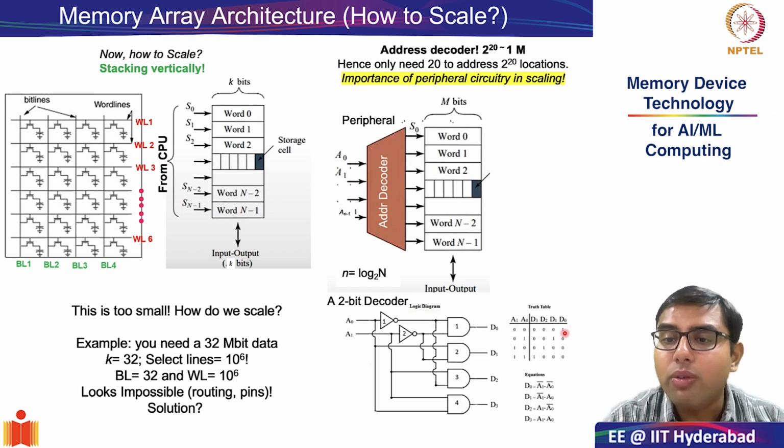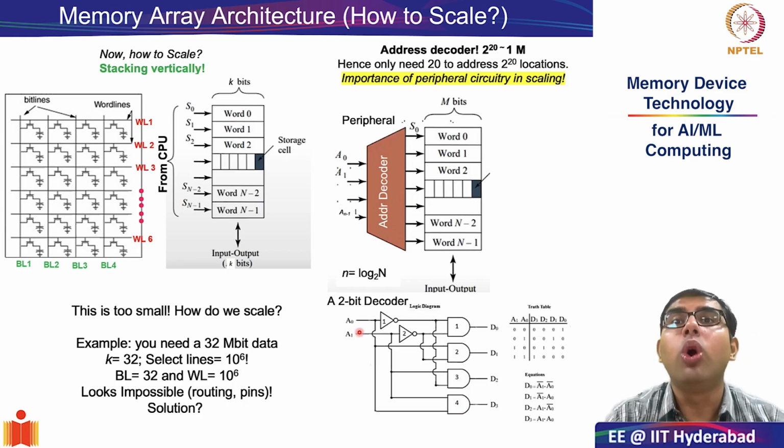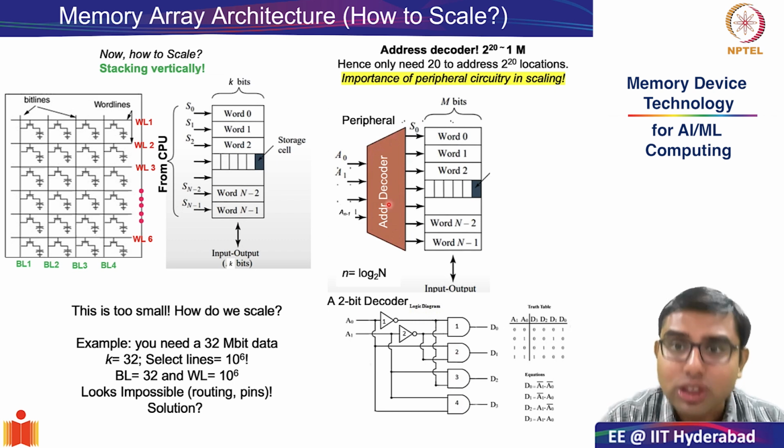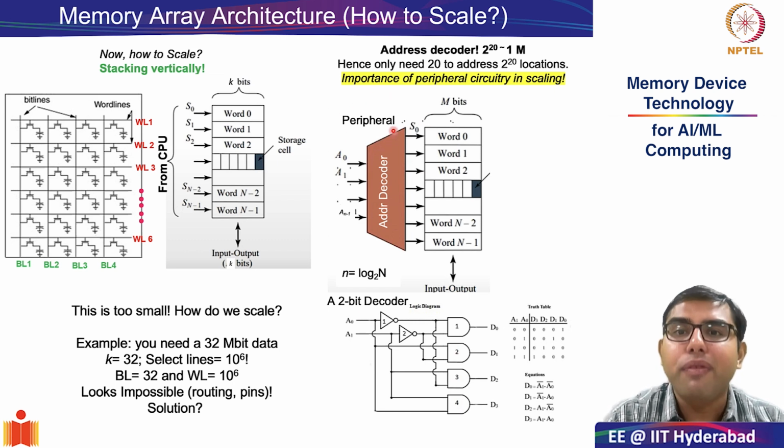If it is 00, it will select the first data line. If it is 01, it is the second data line, so on and so forth. So the equations and the truth table for a very simple circuit consisting only of NOT gates and AND gates facilitate the selection of 2 to the power of n. Here n is equal to 2, so 2 to the power of n is 4 select lines from just 2 inputs. This is a scalable solution,